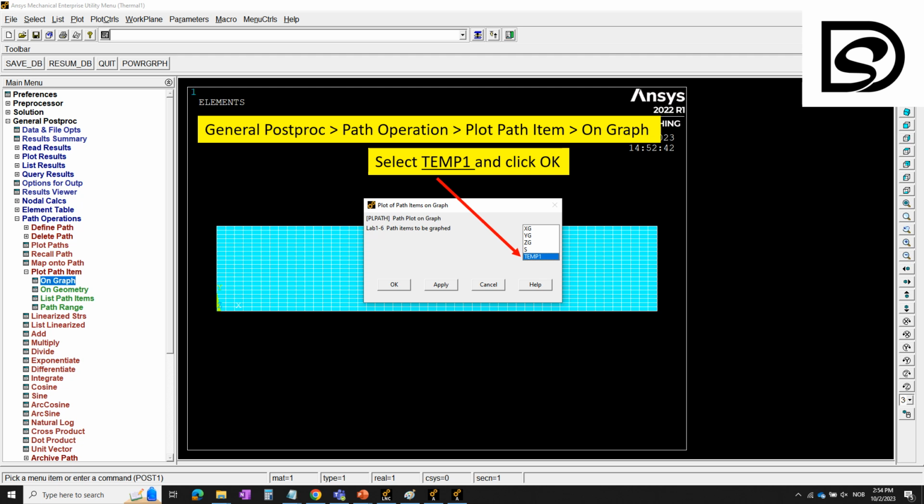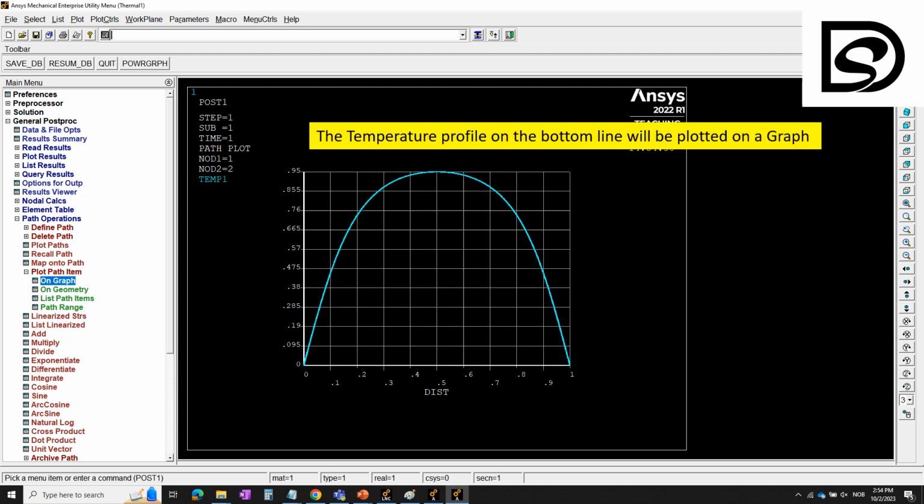And here when you now go to plot path item on a graph, we want to plot a graph of temperature on the bottom line. So when you click the on graph option, you will see the name we gave it previously as temp line. You just select that name, and here at the end you will see the temperature profile, how the temperature is varying